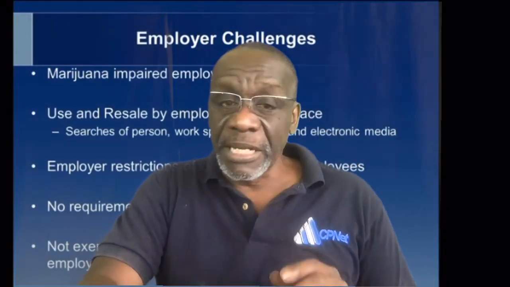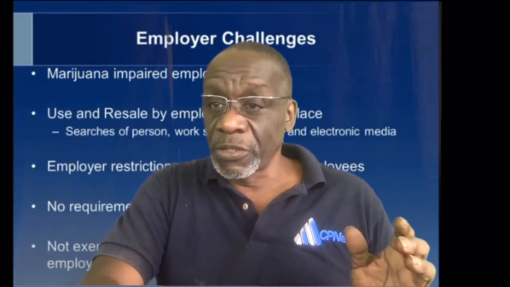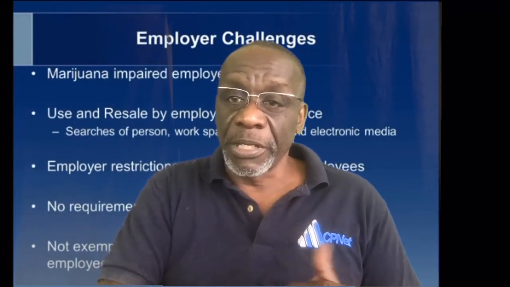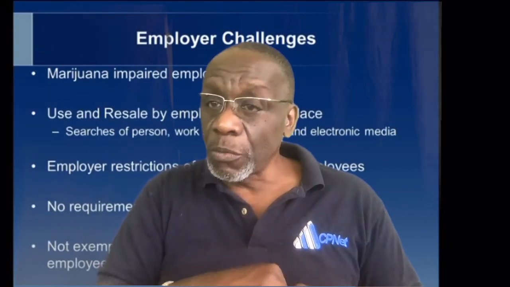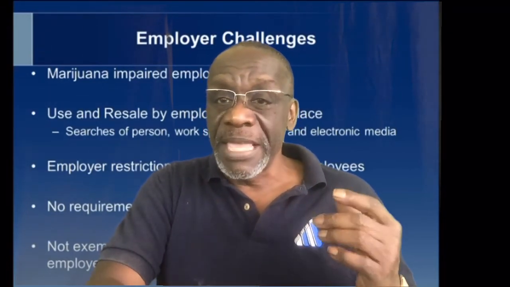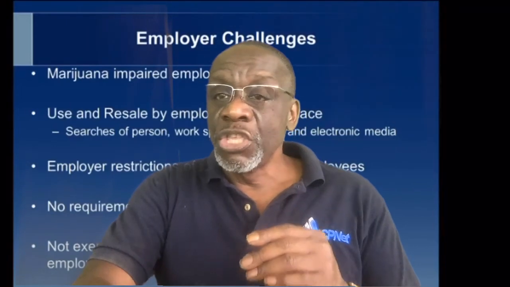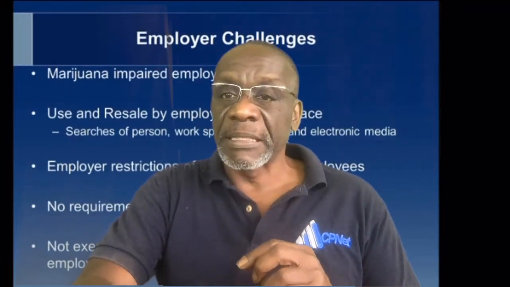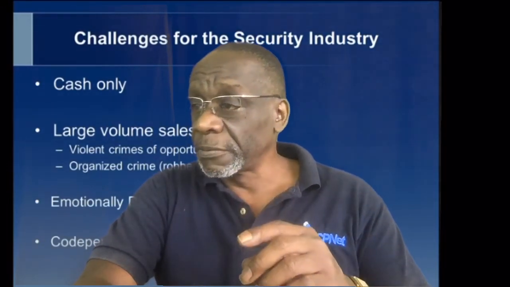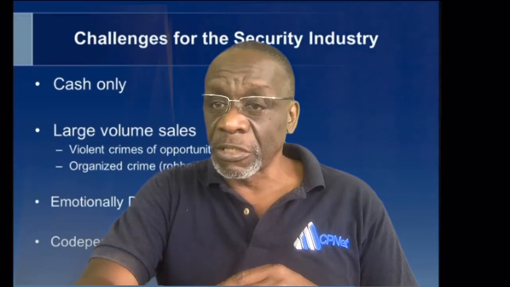This should not be a challenge, of course, for the employer, because we advise employers to suggest to their employees that if they choose to smoke marijuana, knowing that it remains in the system for up to 30, sometimes in some cases up to 60 days after consumption, that if that is their drug of choice, maybe they should be finding another job, because you don't want to expose yourself as a security provider, as a distributor, as a dispenser, as an armored carrier security provider,